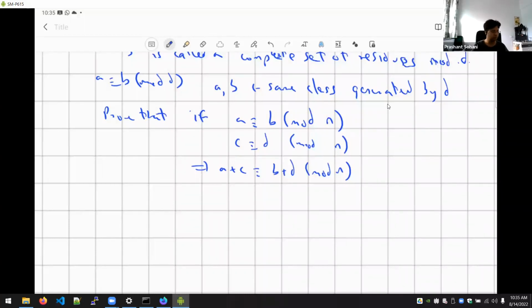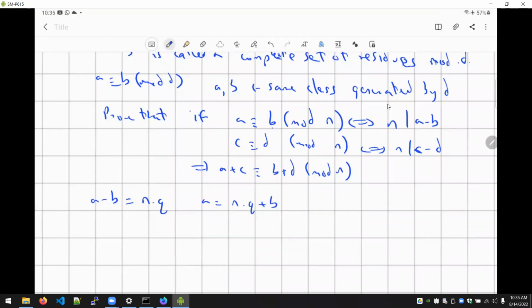Yes, correct. So basically, this is equivalent to saying that n divides the difference. And here also n divides the difference. So if n divides the difference, then A minus B will be n times Q. Or if you rearrange that, A is equal to nQ plus B. But I hope when you said this, you are not making the mistake of assuming that B is the remainder, because B can be any larger number. It does not have to be the remainder. But still, such a Q will exist, right?